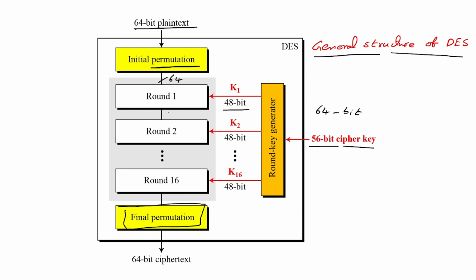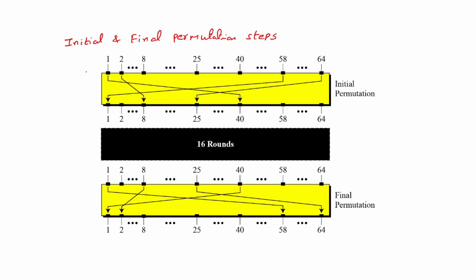Here we need to know about each and every component: initial permutation and final permutation, these two come under a single point, and rounds and the round key generator. First one, initial and final permutation steps. Here permutation means changing the position of the characters. You can observe from this diagram,